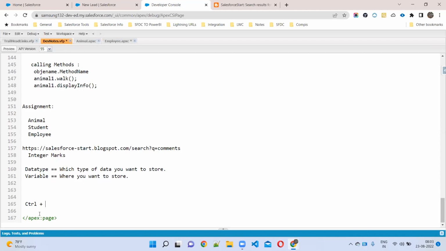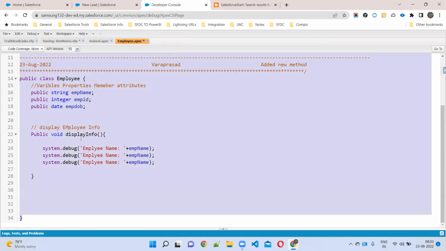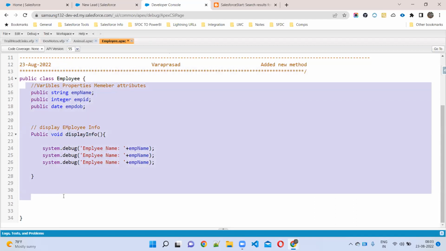Control plus A. Why, sir? To select complete code. Okay. For alignment, which key do we have to use? Shift plus Tab. Why? Code alignment. One code not aligned is not good, so make it a habit. Today onwards you have to make it a habit. In case some lines are not looking good, like one line before, one line after, that is not good. If you make it clean like this, it will be good. Understand, madam? Yes.